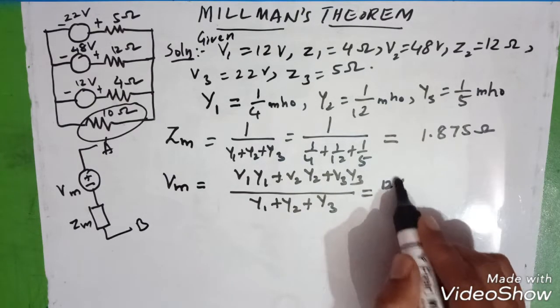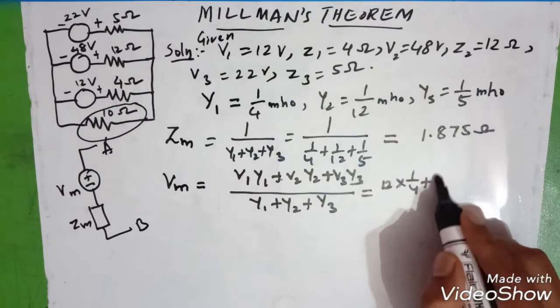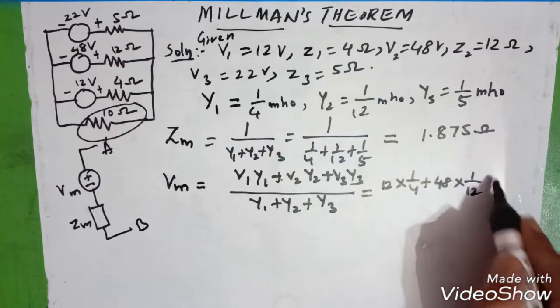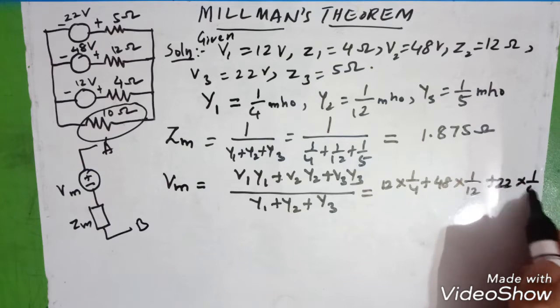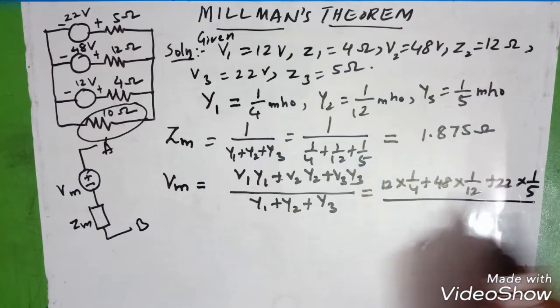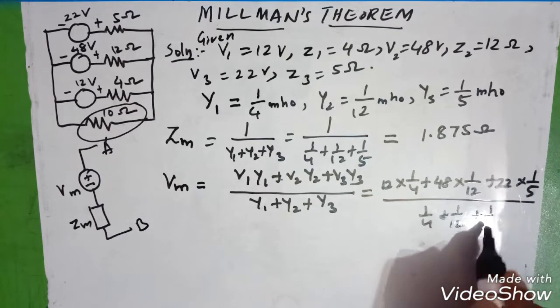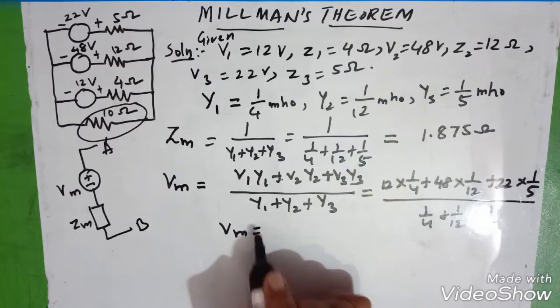V1 is 12, so 12 into Y1, which is 1 by 4, plus V2 is 48 into 1 by 12, plus V3 is 22 into 1 by 5, divided by 1 by 4 plus 1 by 12 plus 1 by 5. Do the calculations using the calculator. You get Vm as